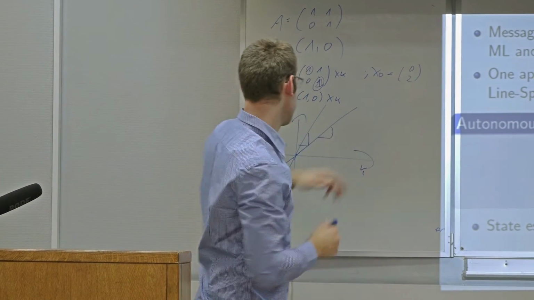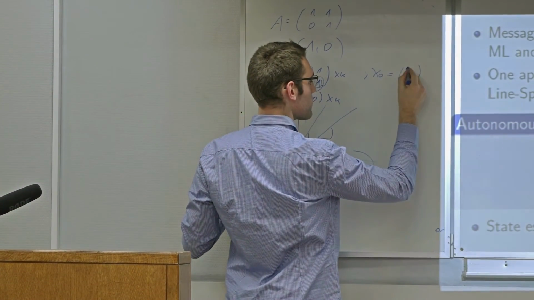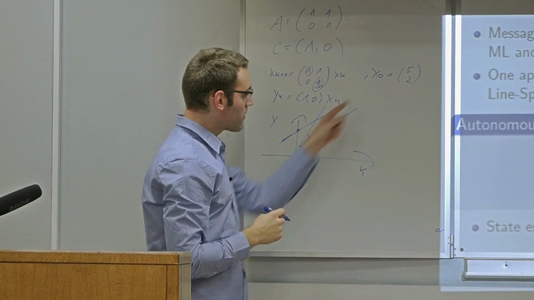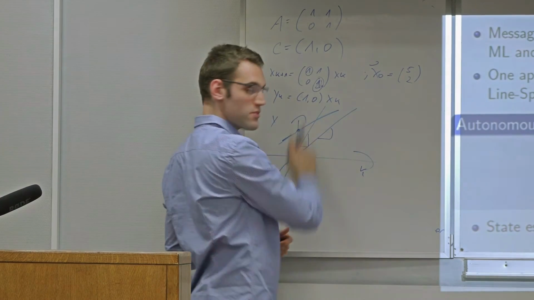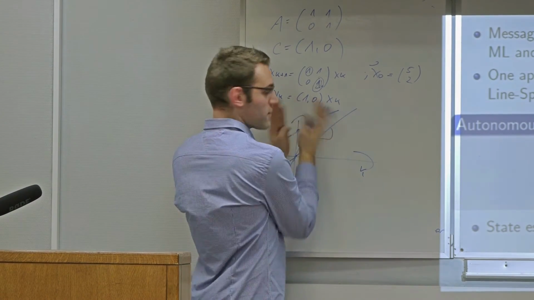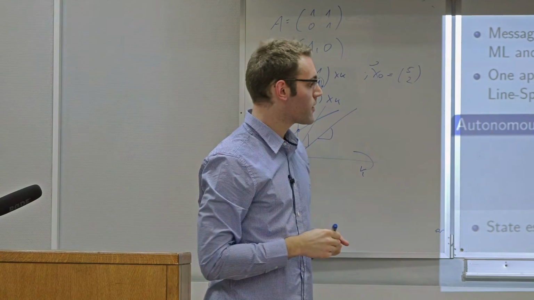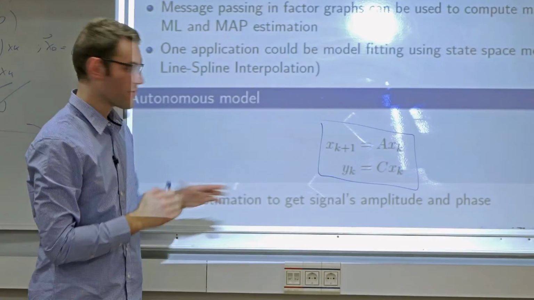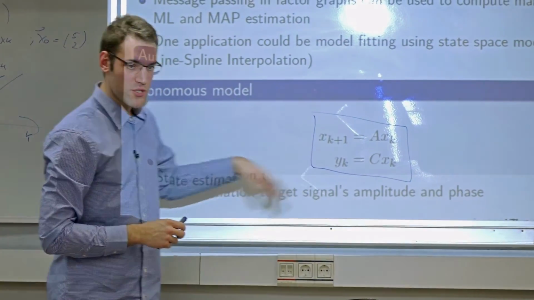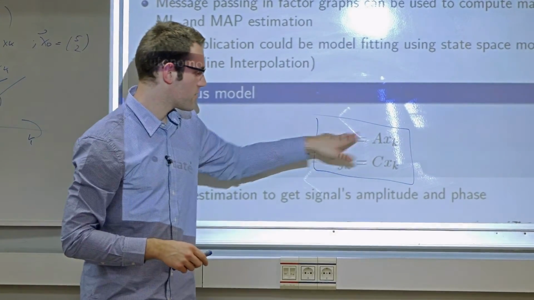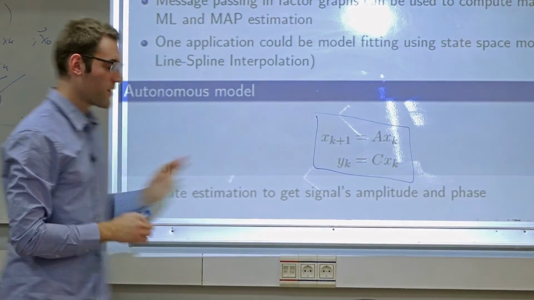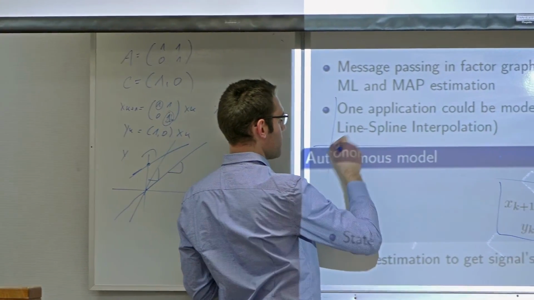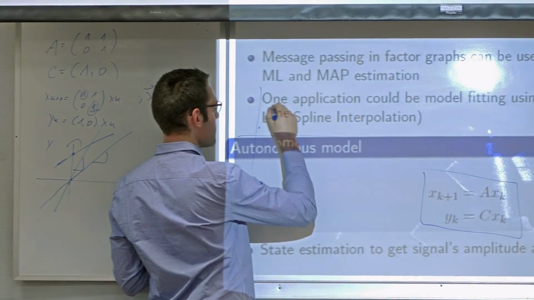So x0 encodes both. If we say we start at 5, we are here and have such a slope. So x0, this vector here, encodes the position and also my slope. But now if we fit the model locally, we have local estimates of my x, which do not necessarily follow this equation. We have local estimates, we can have a spline interpolation with a line. So at each point we have some observations,